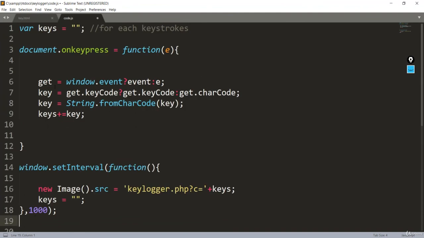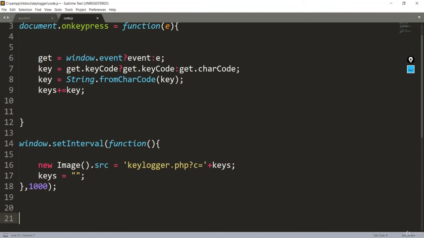So what we just did here was declare a JavaScript variable to store the keystrokes, and after that we made a call to a function to execute whenever a keystroke is pressed on the HTML document. After that we get the character code. We convert that to a string with the String class, and after that we send the data as a GET request by creating a new image, and we set the interval to execute the function continuously. So we have completed our code.js file, which is a JavaScript file.